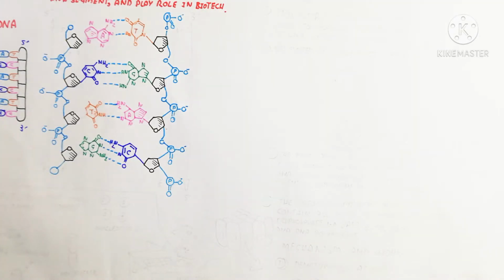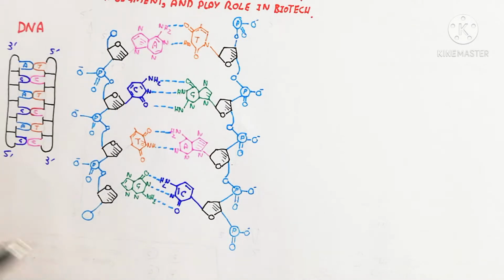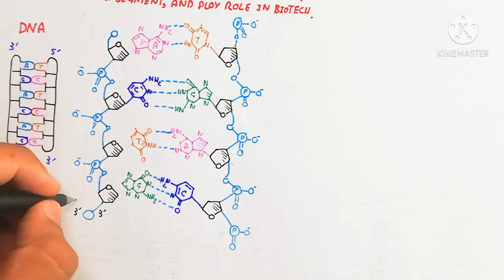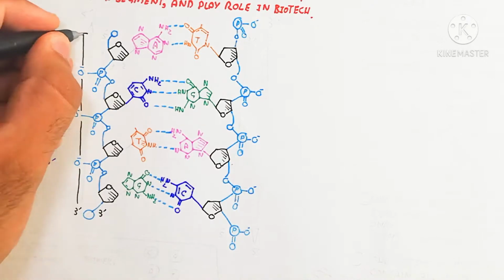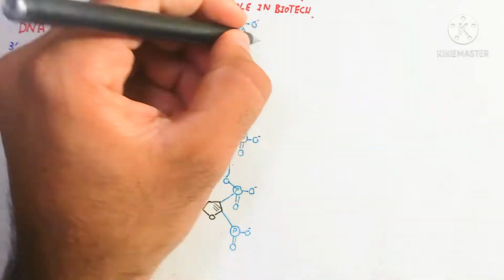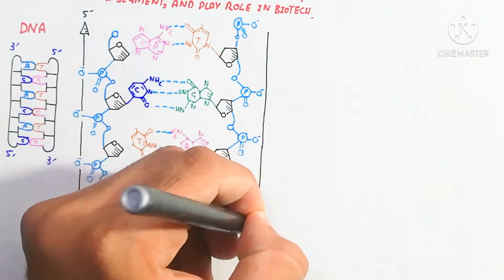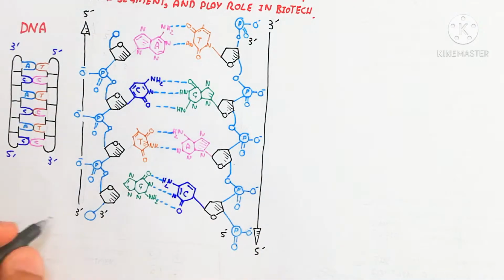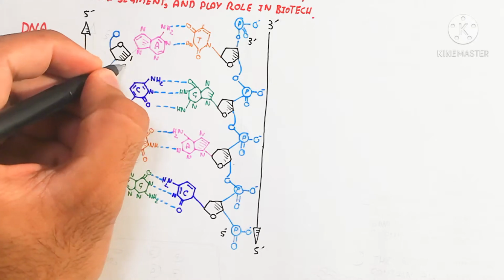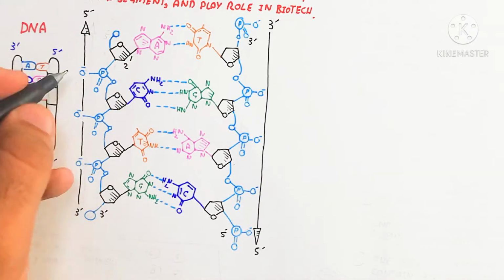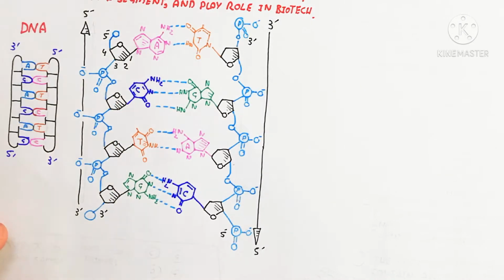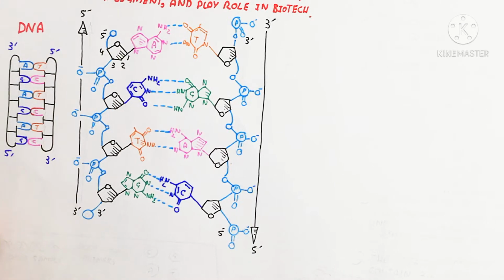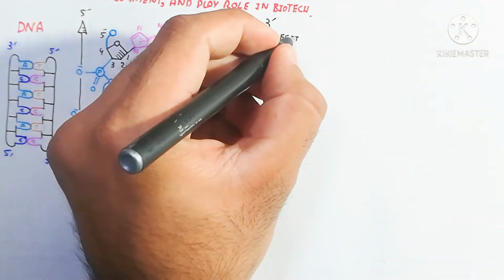So let's talk about the DNA. That is the molecular structure of the DNA, which contains a ribose sugar, and the backbone of the phosphate group and ribose sugar is attached. So that is antiparallel. Antiparallel means basically 5' to 3', bonded with the phosphate of the ribose sugar. The ribose sugar contains carbon number 3 to 5, and the other strand is antiparallel, that is, opposite to the parallel strand.